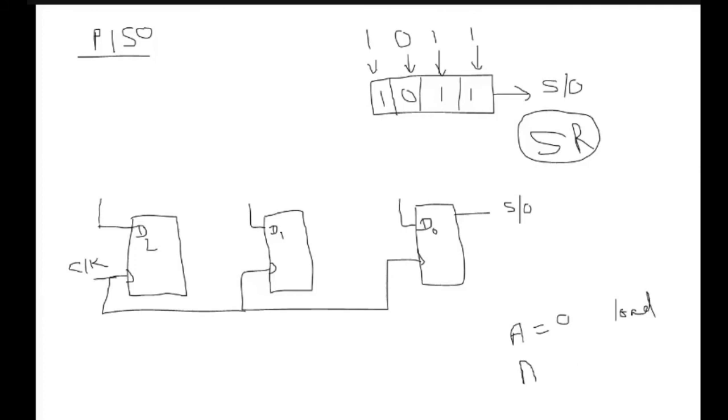And when A is equal to 1, it is performing the shift operation. So first we need to load the data. So what we will do is, we can simply apply 1 here, the first one, as I'm entering 101. But here we will be using an AND gate. See how we are designing the circuit. And we are saying when A is equal to 0, that is A bar, and we will apply the second.